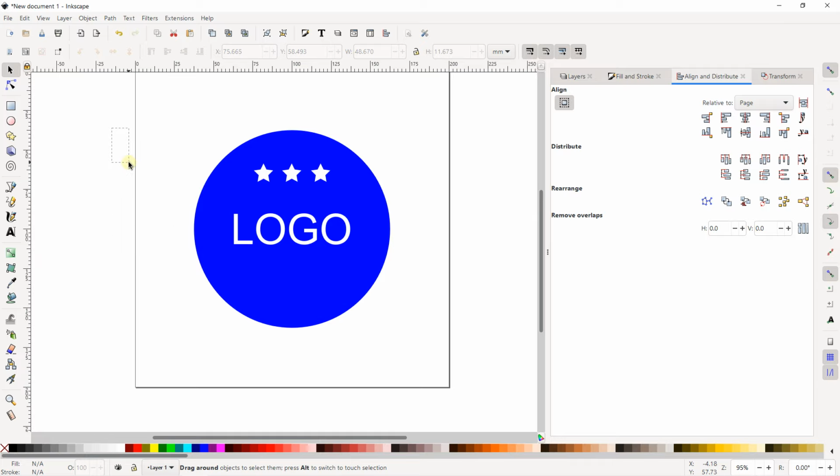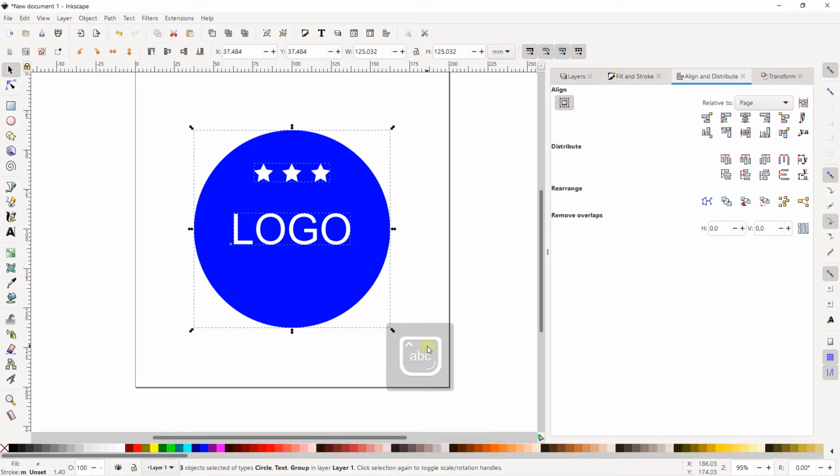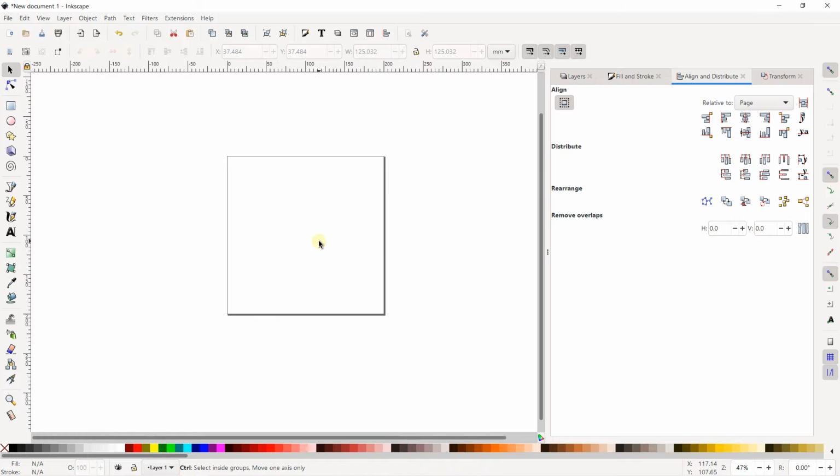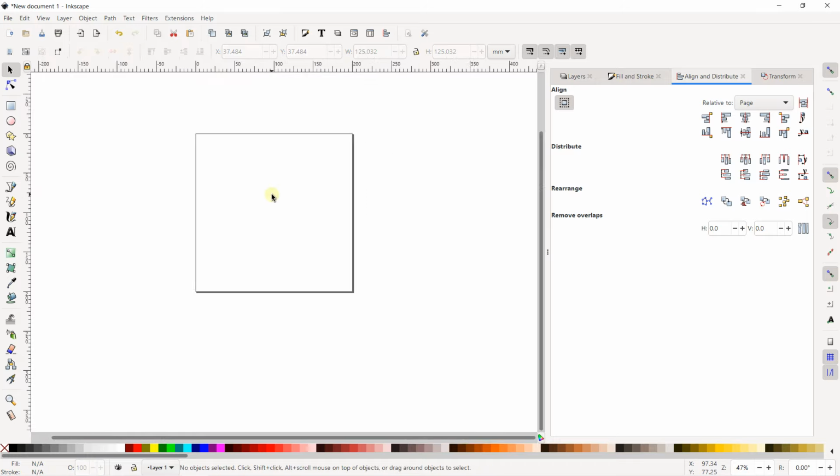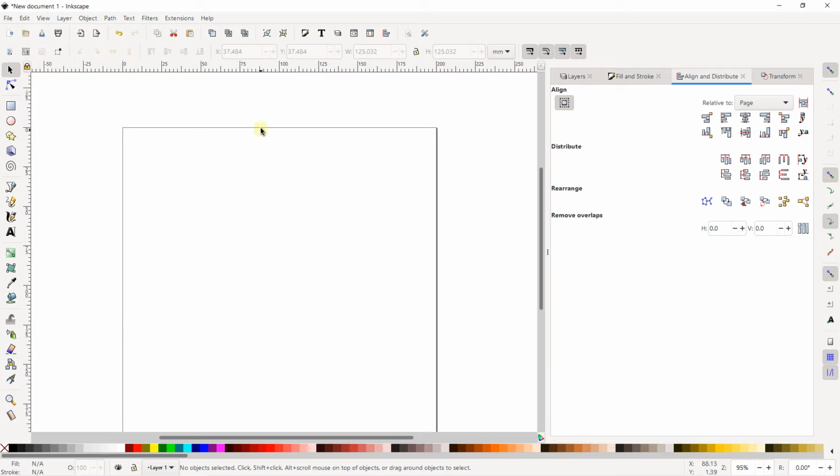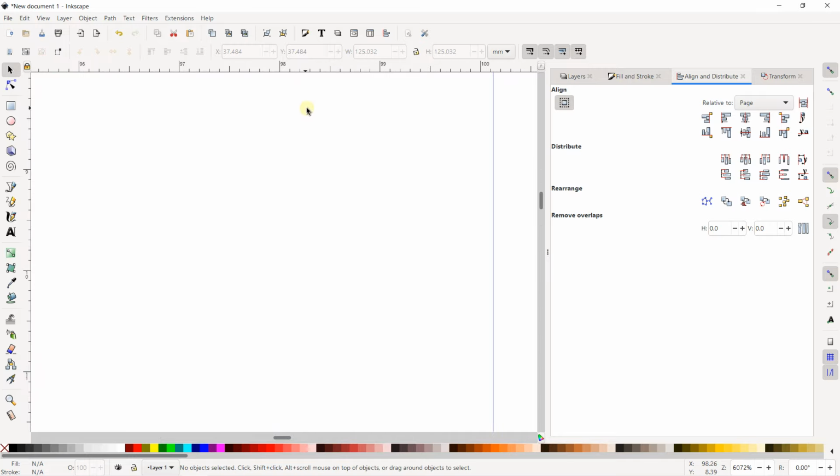The second possibility to center your elements, let's erase everything. I can create a selection frame and just press delete. The second possibility is to create a guide. I know my document is 200 mm by 200 mm. I can pull a guide vertically at 100 mm. If you want, you can zoom to have more precision, and I can pull at 100 mm and zoom again at the maximum, and yes, just like this.